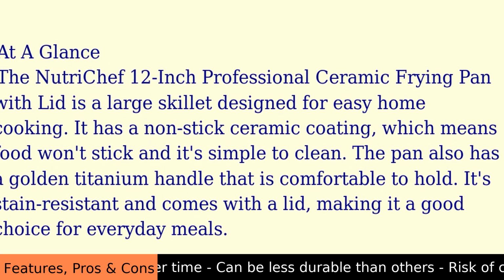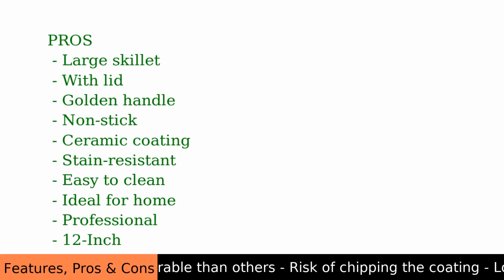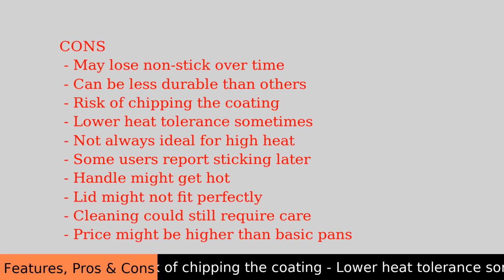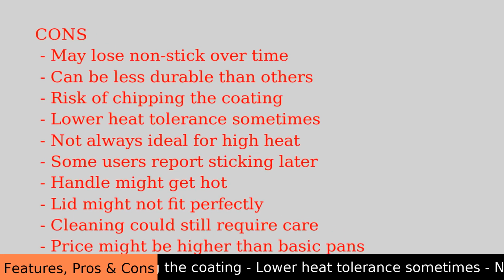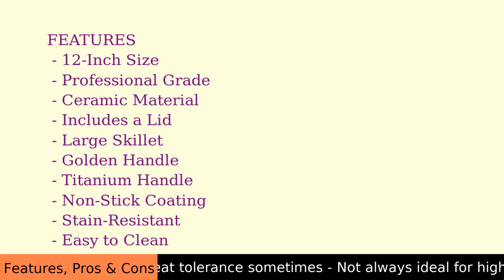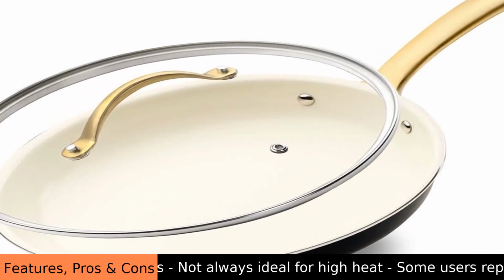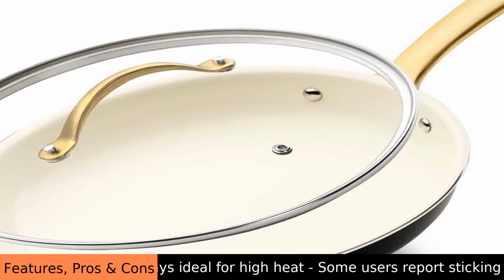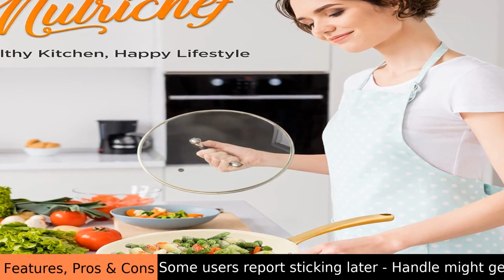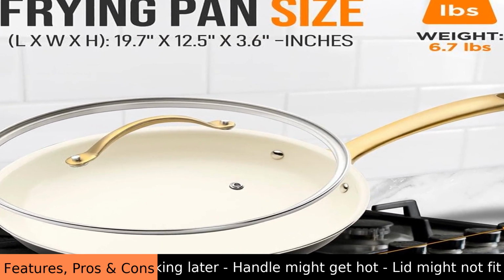Lower heat tolerance sometimes, not always ideal for high heat, some users report sticking later. Handle might get hot, lid might not fit perfectly, cleaning could still require care, price might be higher than basic pans. Features: 12-inch size, professional grade, ceramic material, includes a lid, large skillet, golden handle, titanium handle, non-stick coating, stain-resistant,